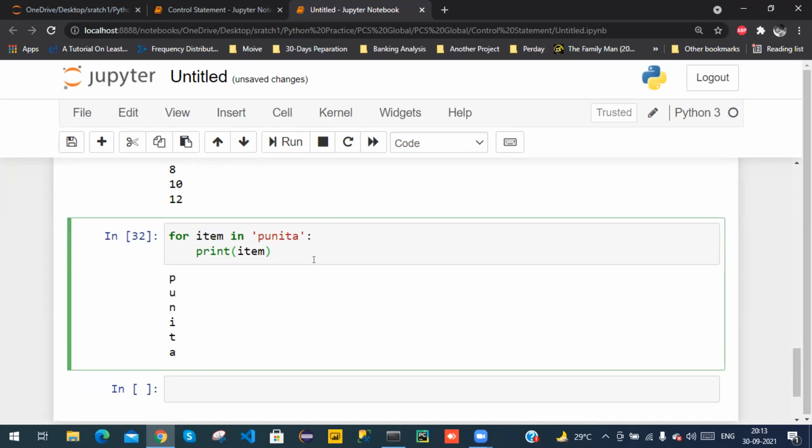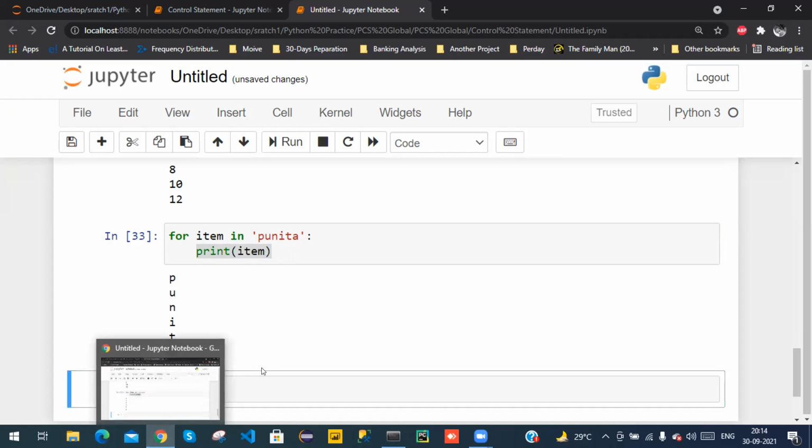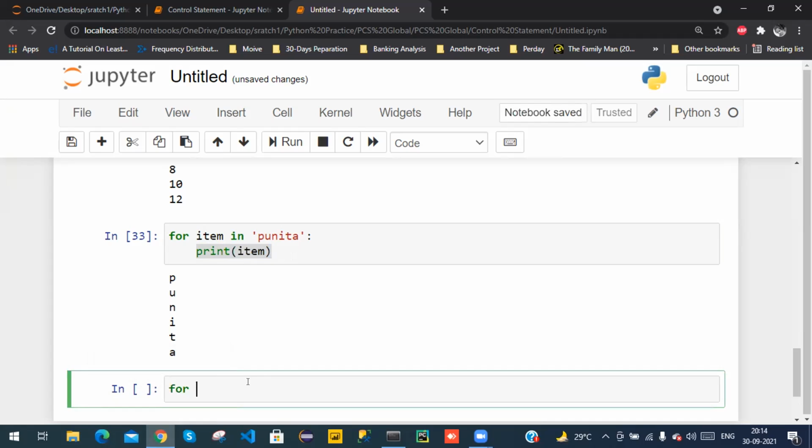Now we can also apply else in for. If the for loop ends without a break, it goes to else and prints the statement of the else. Let's see one thing. For else, for i in